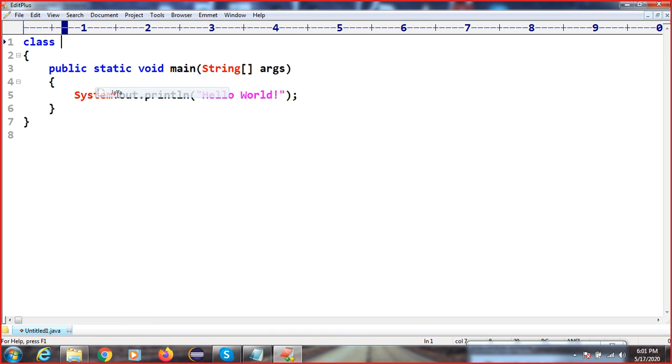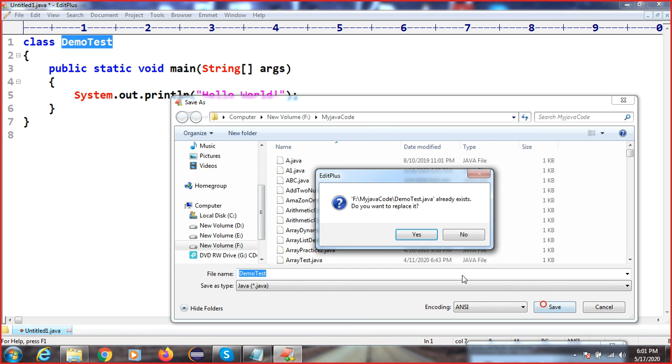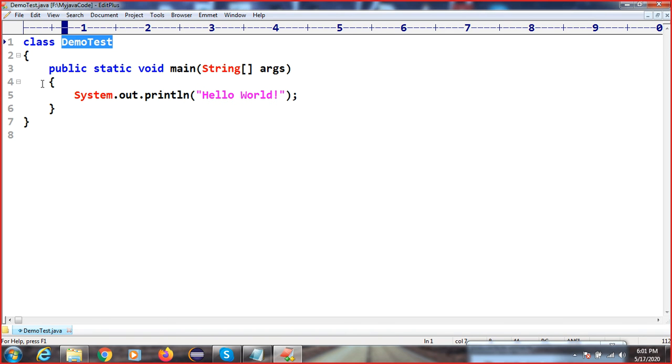So let me go here, right? This is my EditPlus software. If you don't know how to install it, reach out to me and I will tell you. In the last session I already discussed how to configure this EditPlus software, right? We have a class I have created, the demo class. If you go through my recording session, I have one question: what is this 7 lines of code?